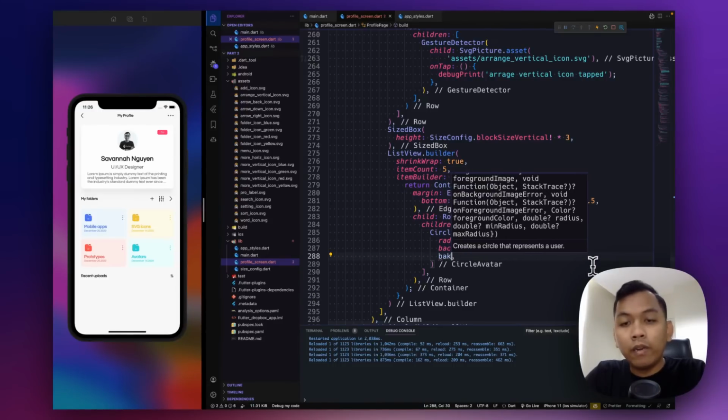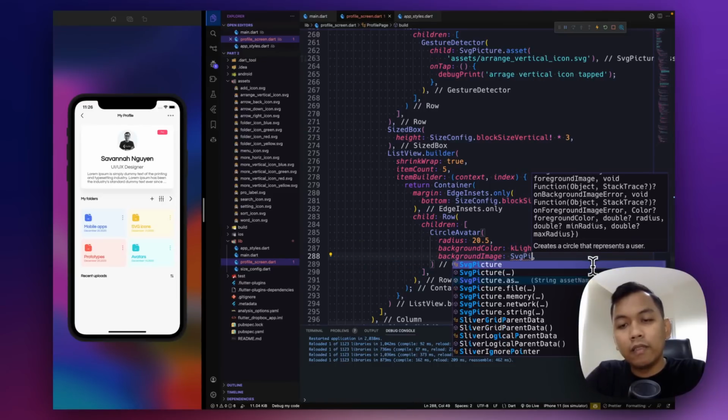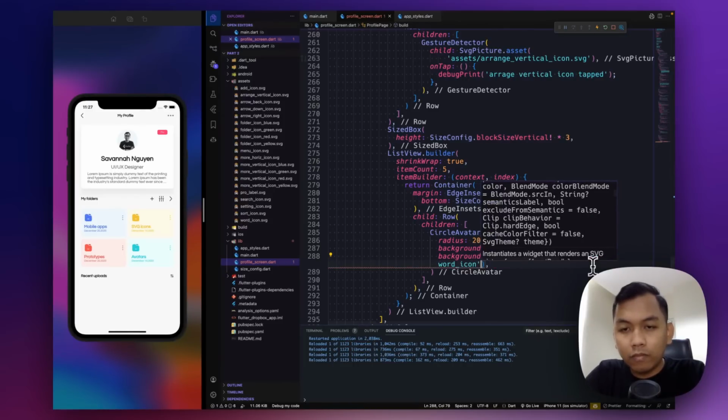And background image will be SVG picture assets, and we say asset slash wood icon .svg.